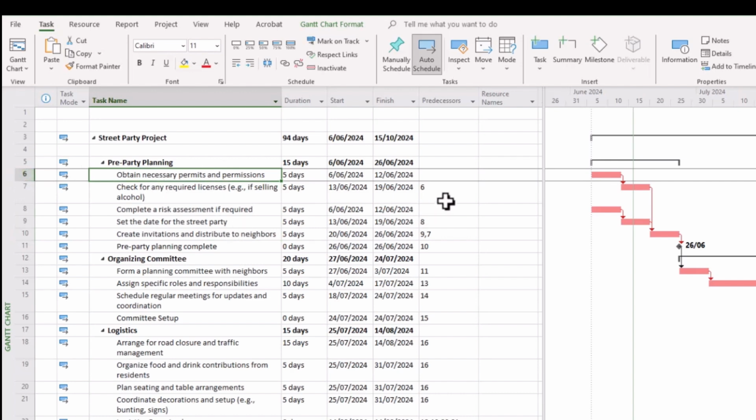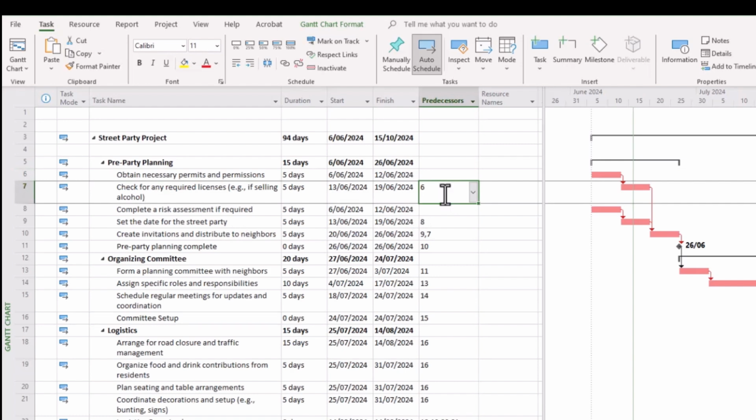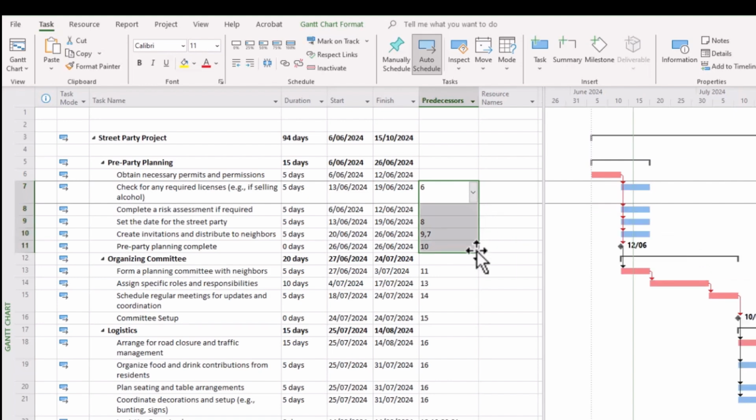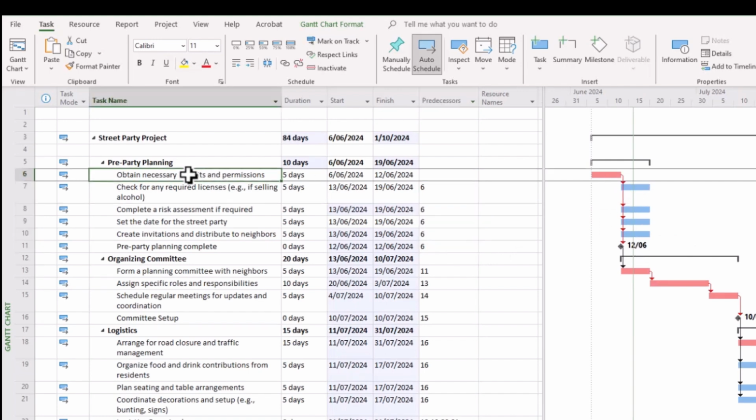Well, what you can simply do is click on row 6 for predecessors, and then use the drag function here, and you can see your cursor will now change to a fine little cross, and then drag that down, and then you can see all of a sudden those tasks are now linked to have the one prerequisite at the top of your project schedule there. So that's quite a useful little trick if you need to have a number of tasks with the same prerequisite.